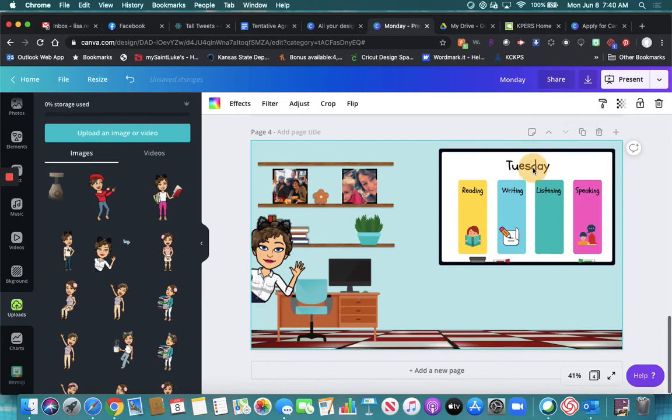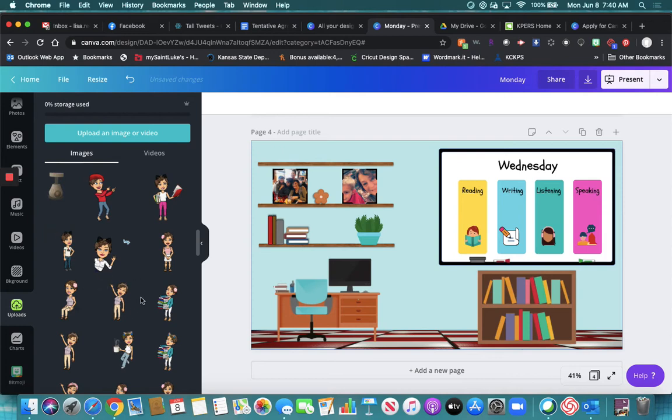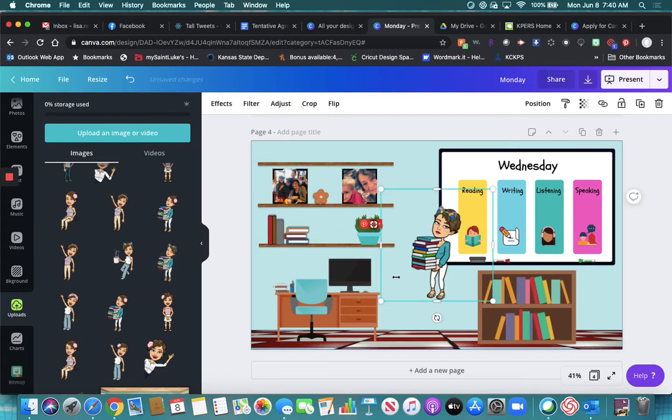Once you do the initial slide, I mean, it really goes pretty quickly to do a 5-day organizer. Probably the thing that takes the longest for me is choosing Bitmojis because I like to have a nice